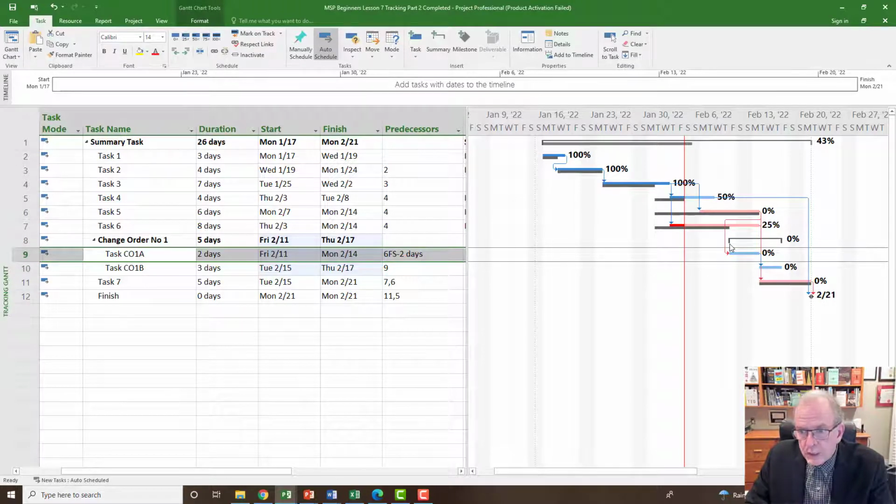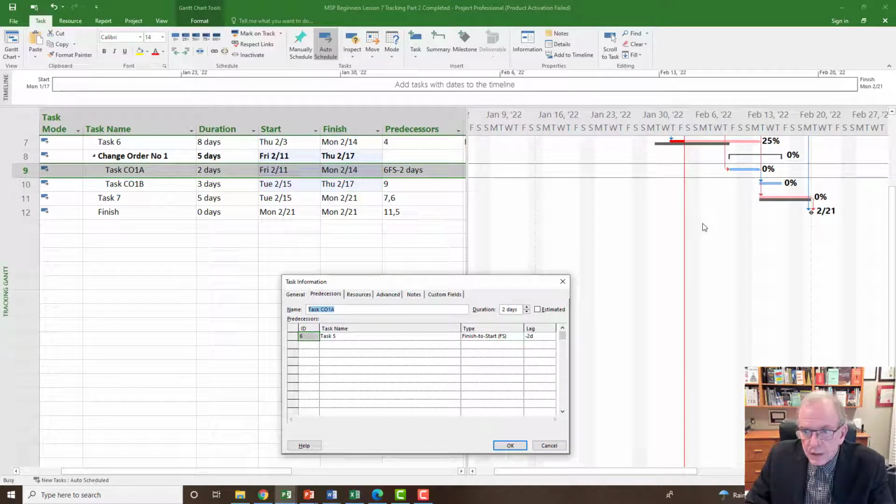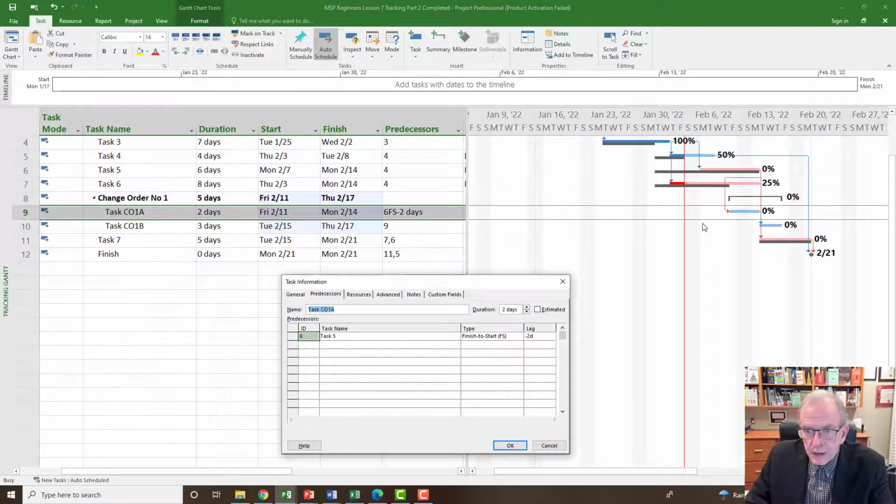The other choice that you might have is you could have double clicked here, as I said, and watch the position it is. Let me just see. Yeah, that's going to be on Thursday. So I'm going to create this with a 6-day positive lag. All right, so I'm going to go start to start. And I might get this wrong and I can play with it. Start to start, and I'm going to go 6 days, positive lag. And this should make it start,